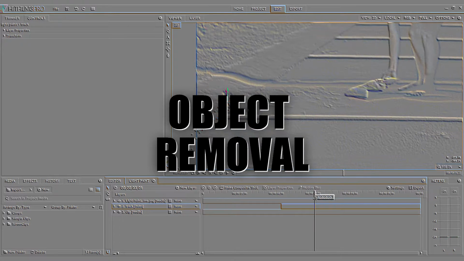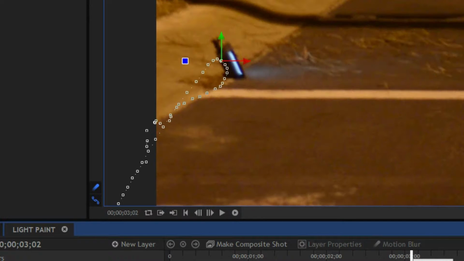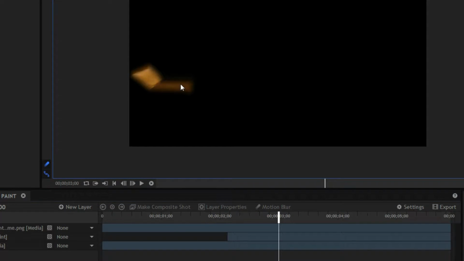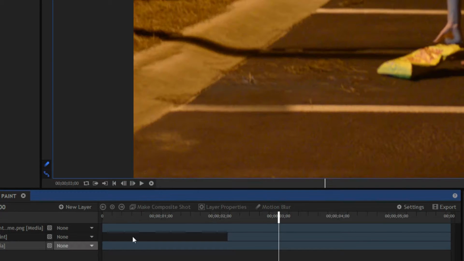Digitally removing something from a video is actually pretty simple. We'll start by doing a simple 2D track of the light. Next, we need to make a clean plate. You can do this in a program like Photoshop, but in this case, we're going to use a different part of the frame. Since this part of the pavement is identical to the pavement behind the light, we can mask